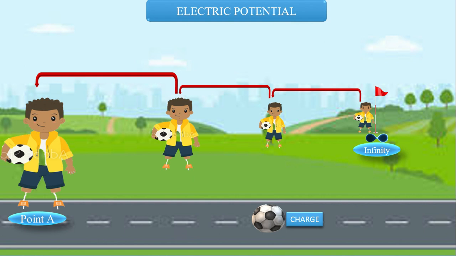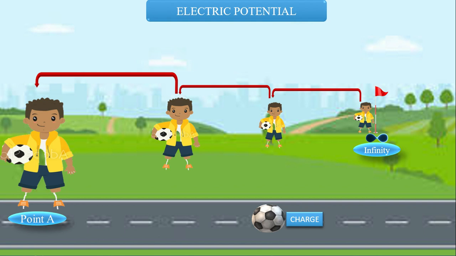In order to bring this charge from infinity to point A, this boy has to do some work. We have to do some work to move from one place to another, right? We have to spend some energy. In order to do this work, the boy also has to spend some energy. We all know that energy is the capacity to do work. We know that, right? So bringing something from one place to another is a work. So that boy spends a considerable amount of energy to bring this charge from infinity to point A.